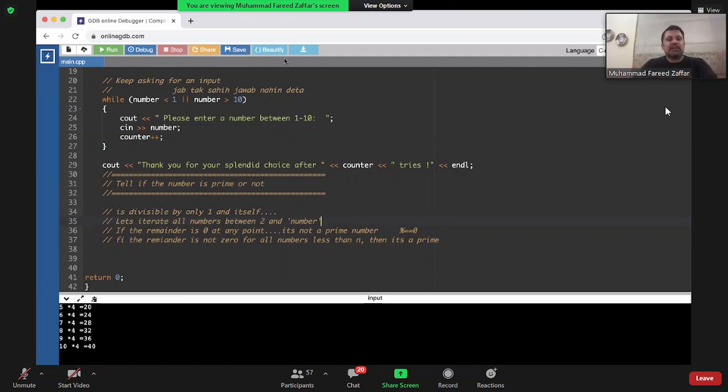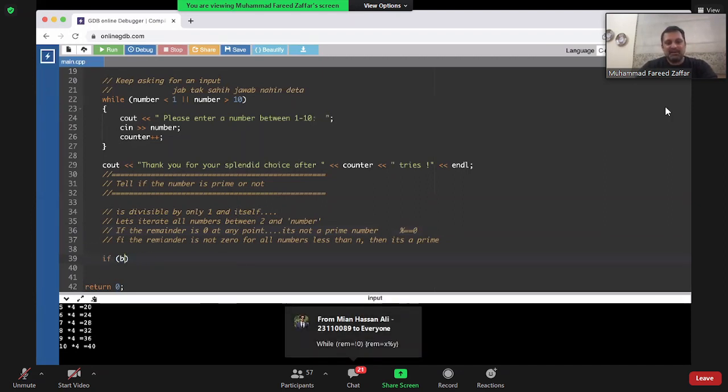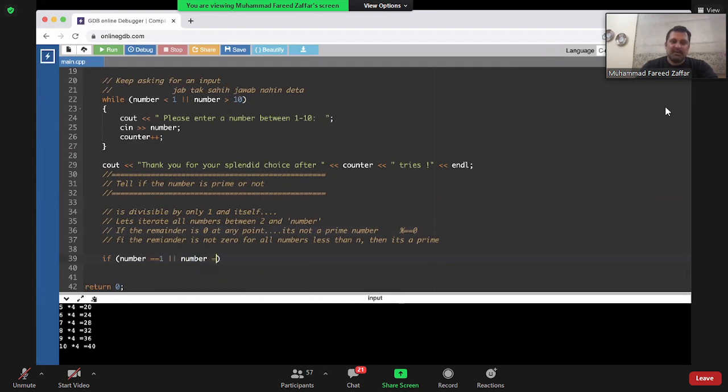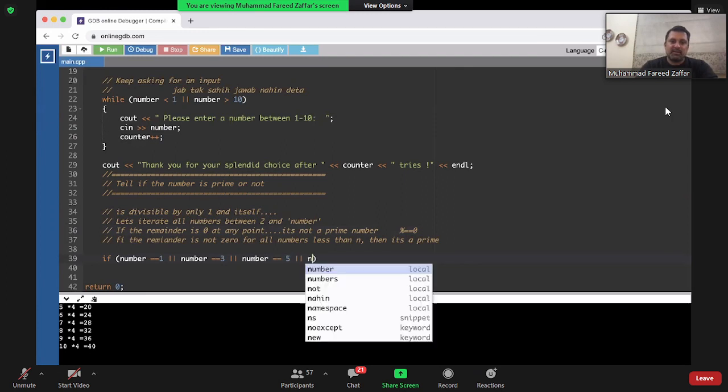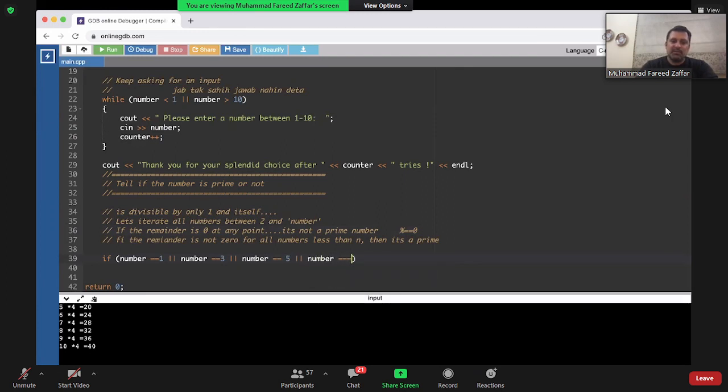So check if the number is between 1 and 10, the easiest answer is this: if number equal to 1 or number equal to 3 or number equal to 5 or number equal to 7.